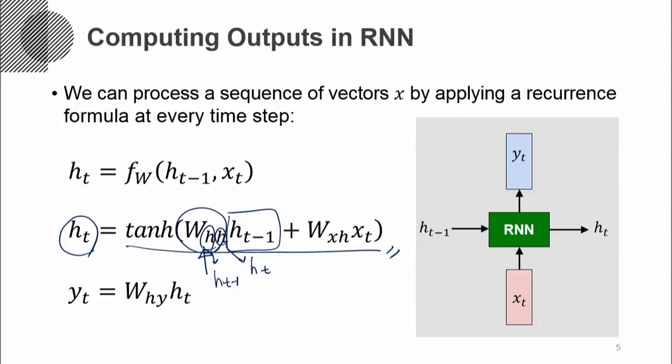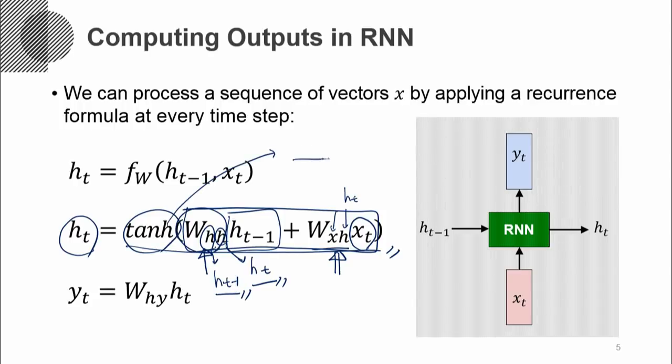So this is transforming the previous hidden state into the current hidden state, and then also we take the current time step's input, and it is transformed by this linear transformation where x is transformed into h_t, and then altogether they are added up, and then this added output is going through this tanh as a nonlinear unit,